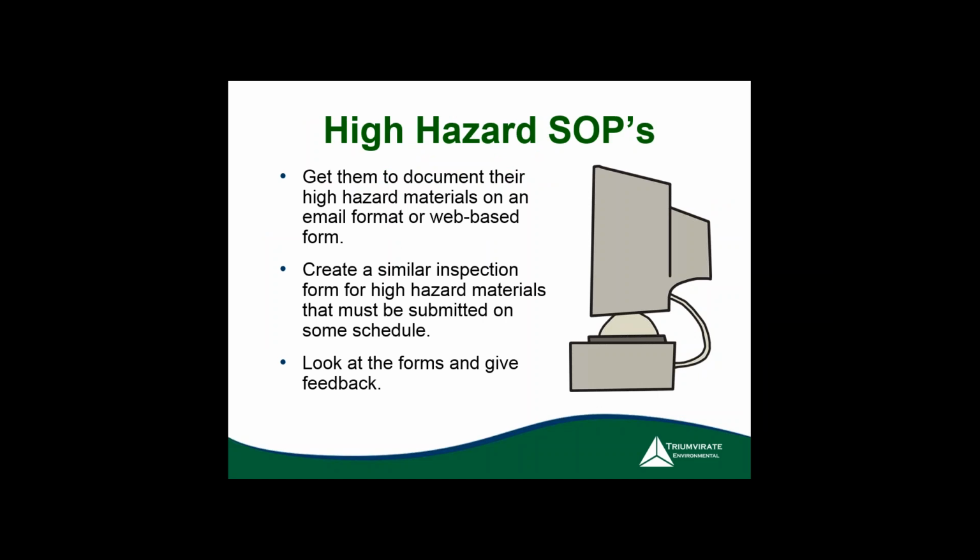The other part of collecting the information, once you get the researchers to do it, is the format. One that works is an Excel spreadsheet. Is there a homegrown database where you can collect all the information? Whatever will work best for you. In some cases, institutions have a web-based form. Along with the chemical inventory, whenever they receive a peroxide former, they have to notify environmental health and safety that they received the material, and there's a form they fill out with the notification, what the material is, when it was received,